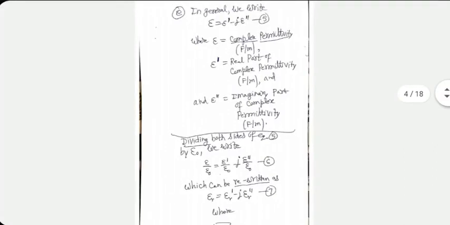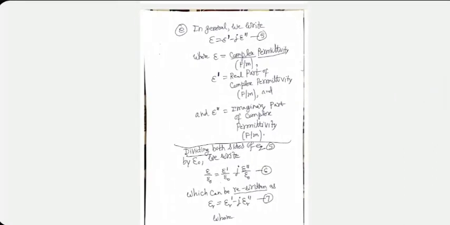First of all, if I have equation 5 here, I divide both sides by epsilon naught, I get equation 6, right? And then I define epsilon divided by epsilon naught as epsilon r, unitless number, dielectric constant, complex. And on the right hand side, epsilon prime divided by epsilon naught as epsilon r prime, real part of epsilon r, minus j times. I define epsilon double prime divided by epsilon naught as epsilon r double prime, which is, these values are given to you by the vendor who supplies you the material.